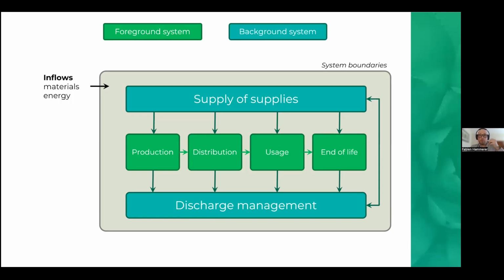So basically, what we want to know and quantify by doing the life cycle inventory down the line are all the inflows coming from the environment into the system boundaries, whether we're talking materials, energy, and these inflows can come from raw material extraction,